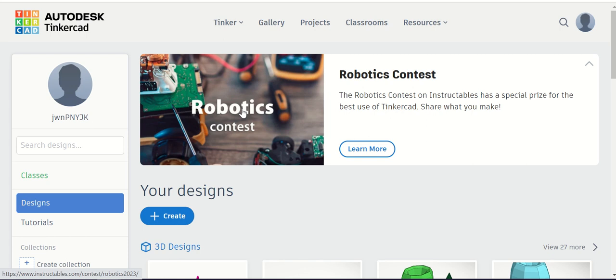Okay, so when you log into Tinkercad or when you've signed up to Tinkercad, you should see this screen. It might be slightly different to my screen. It might not say robotics context, and obviously on the left-hand side you'll have your own little account username there. But if you want to get started quickly, all you need to do is you should be in